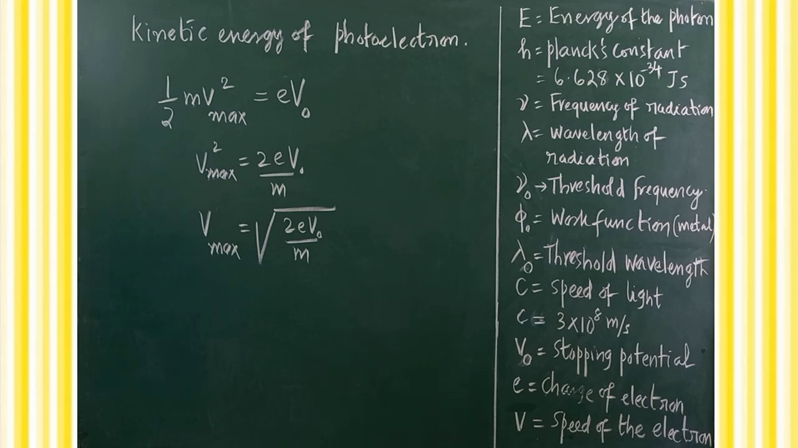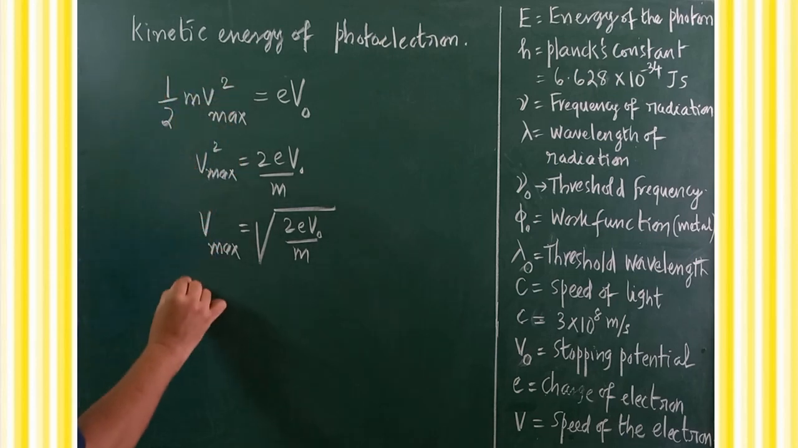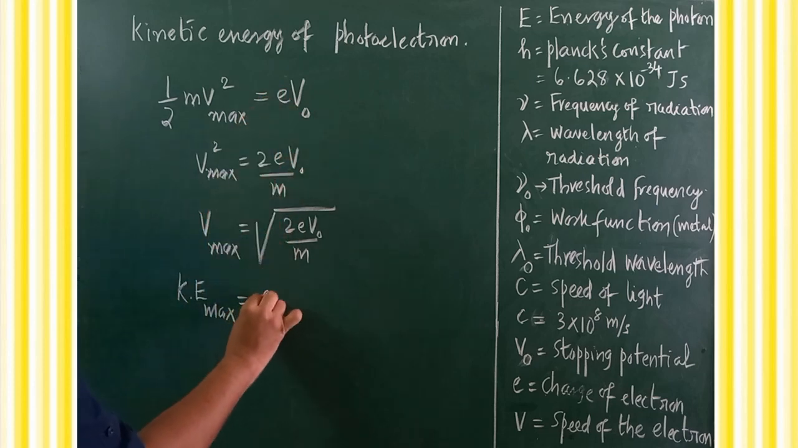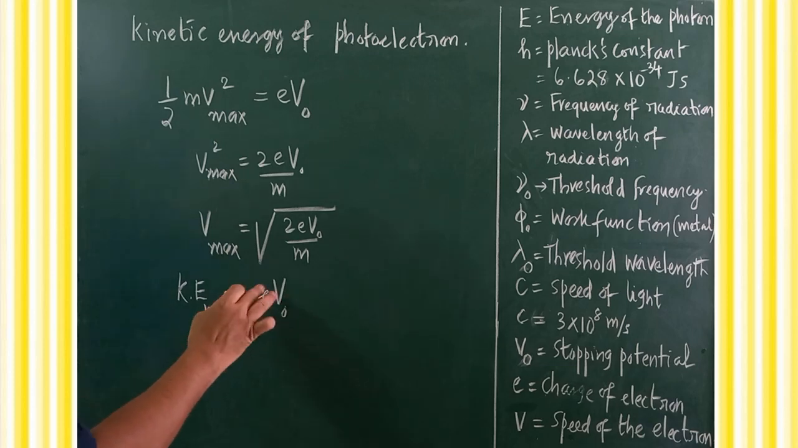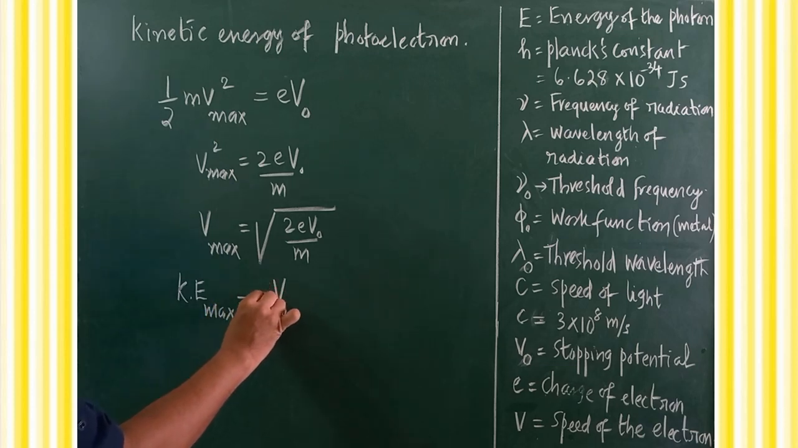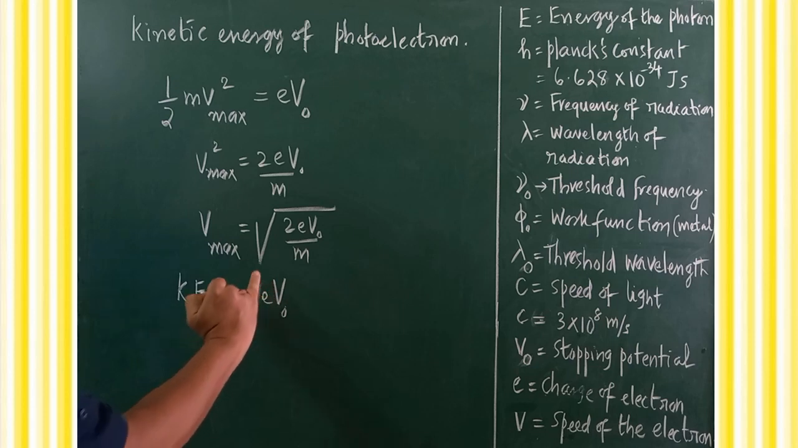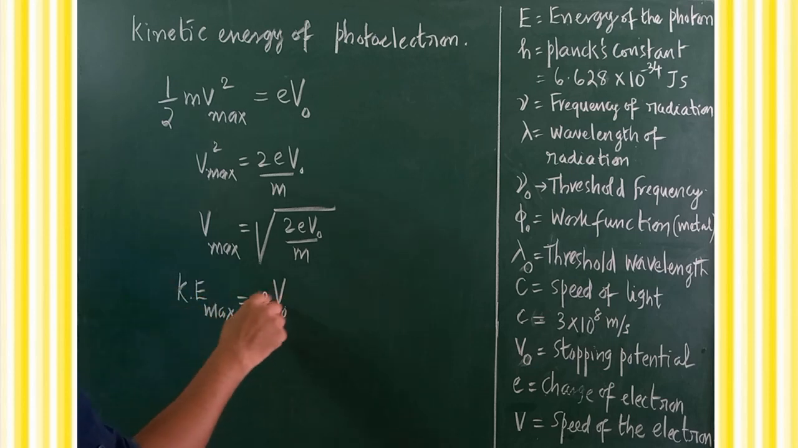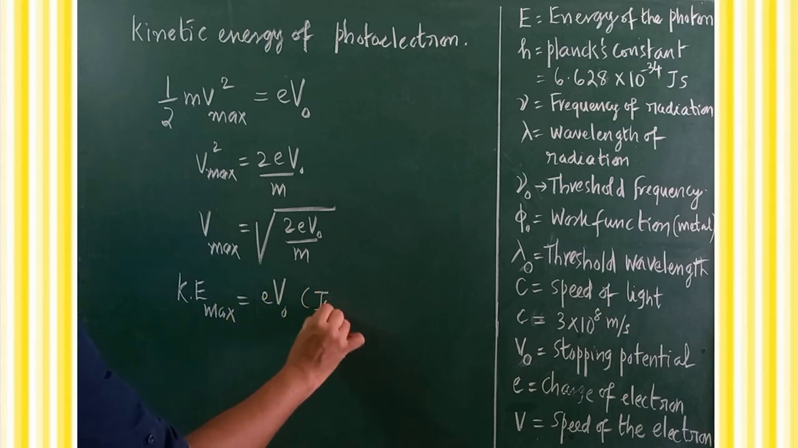Are you clear? So note down the important formula, and then this entire thing can be written as Ke max. Simply it can be written as Ke max. That is equivalent to which one? eV0. Don't forget. Are you clear? If you use this formula, by knowing stopping potential and electron charge, we are able to calculate the maximum kinetic energy of the photoelectron. If you use this formula, the answer must be given in terms of